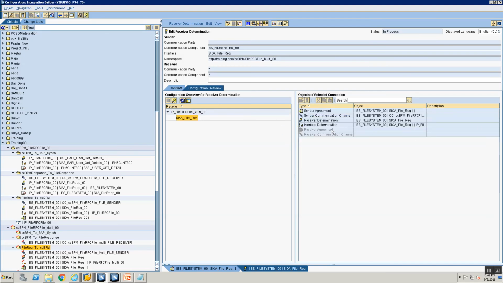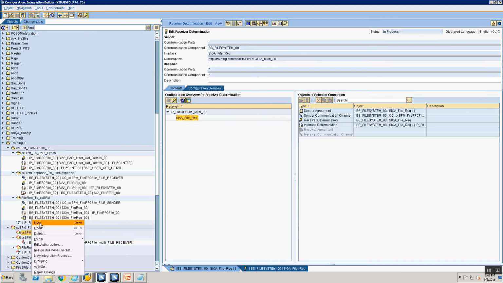Perfect. There's no receiver agreement needed, no receiver communication channel needed, because the receiver is a BPM, right? So with that, the first set of objects is done. Now let's go ahead and create the next set of objects where the CCBPM is sending the message out